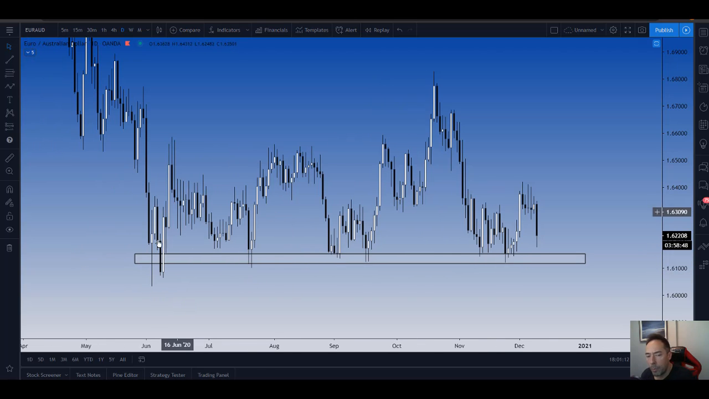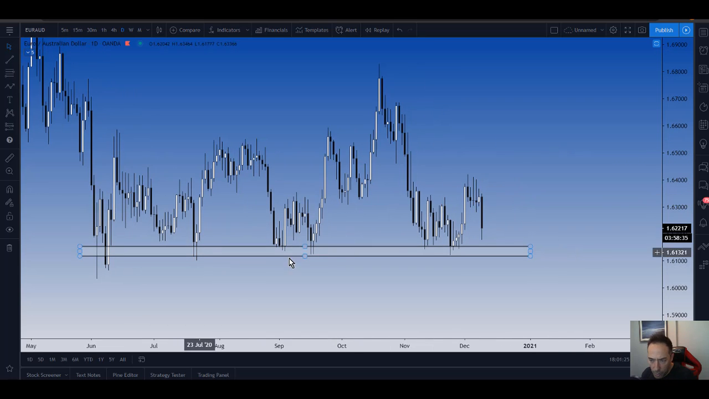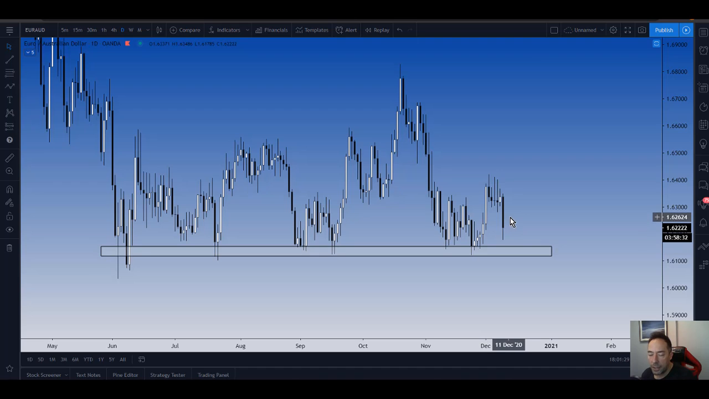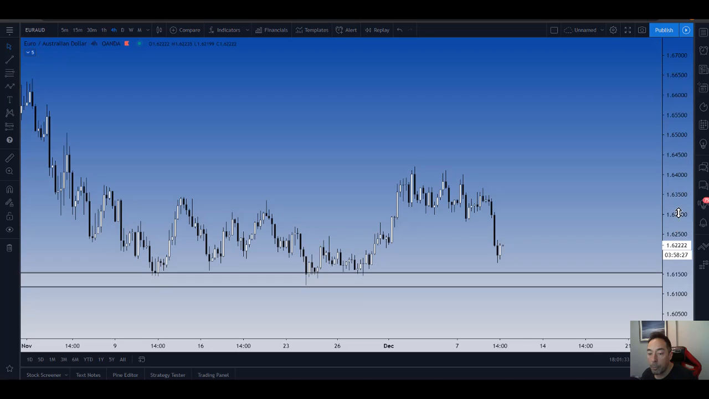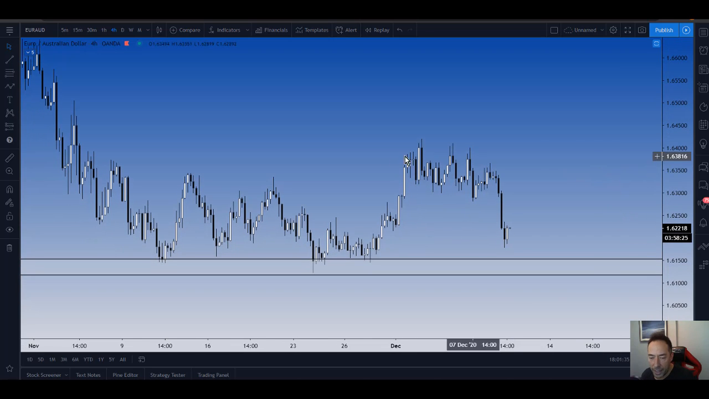Okay, this is why when we have moves like this and solid closes outside of a support or resistance, we always look for that pullback and rejection on the smaller time frame. So it's coming very close to that area again. It's not quite there. Okay, so I wouldn't necessarily look for buying opportunities quite yet, but you set an alert around this zone,